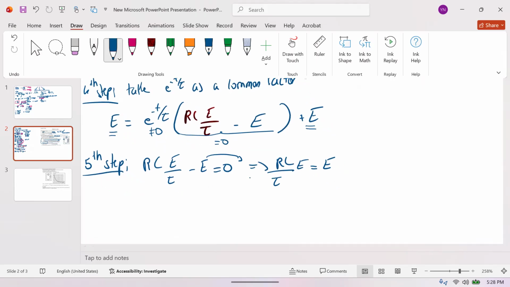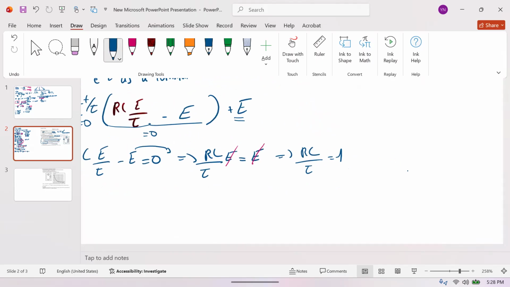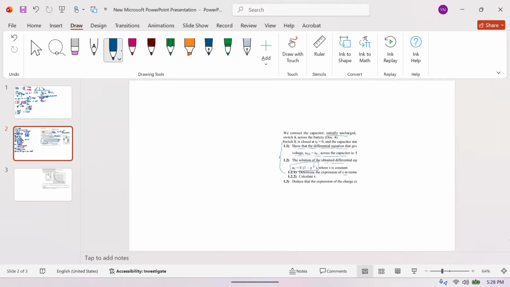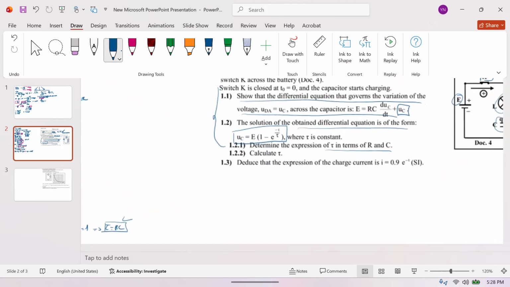I took e to the other side, it will become plus e. Then e and e, we remove them. We will end up having RC over tau equals 1. Now cross multiply, you will get tau equals RC, and it should always be RC. Okay, so I know my answer is correct. Now, we finished